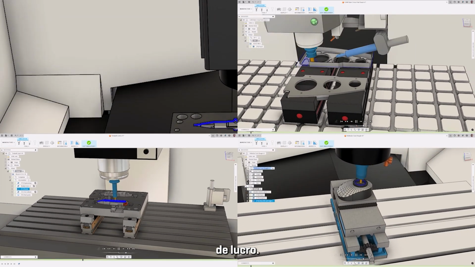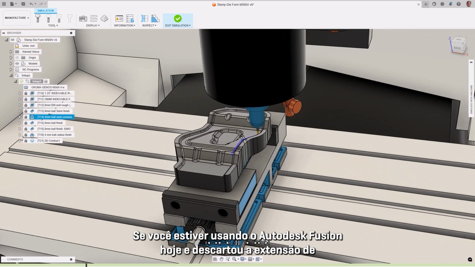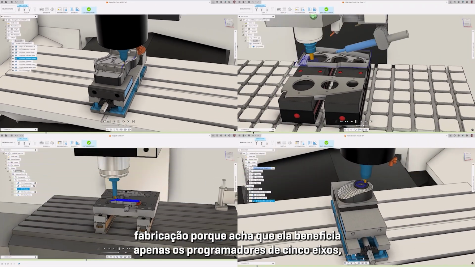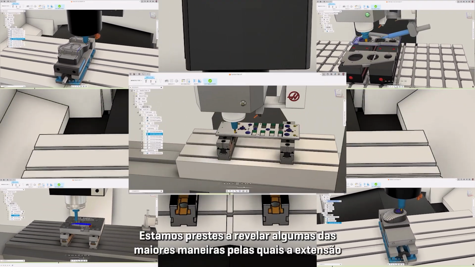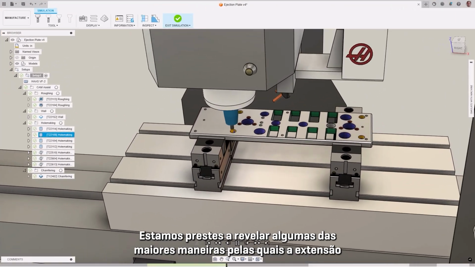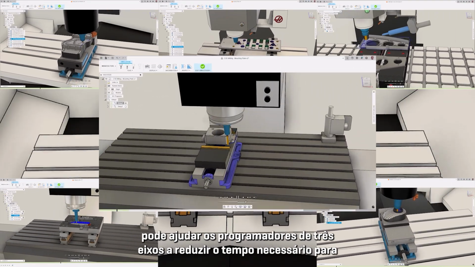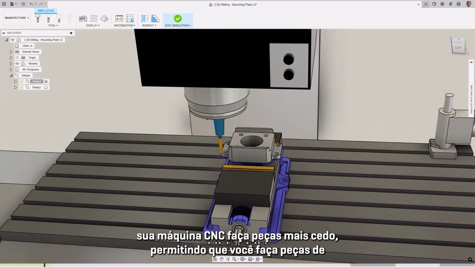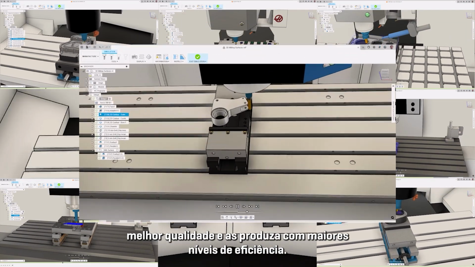profit margins. If you're using Autodesk Fusion today and have dismissed the manufacturing extension because you feel it only benefits 5-axis programmers, then stick around. We're about to reveal some of the biggest ways that the extension can help 3-axis programmers to reduce the time needed to get your CNC machine making parts sooner, allowing you to make better quality parts and produce them with